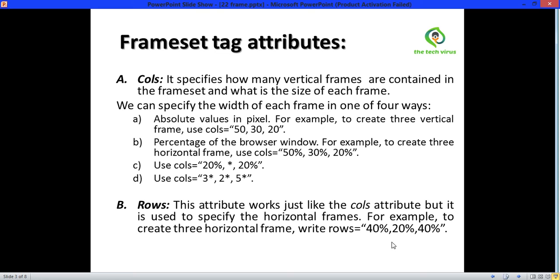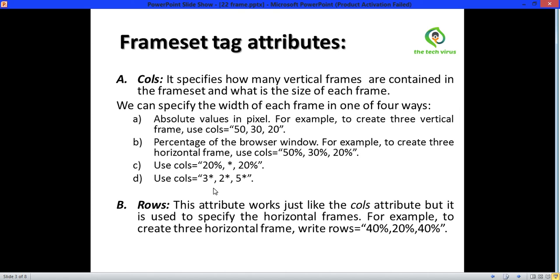We have used this. Third, use cols equals to 20%, star, 20%. This star indicates the remaining size of the window. And the fourth one is cols equals to 3 star, 2 star and 5 star. This is the ratio of window size.